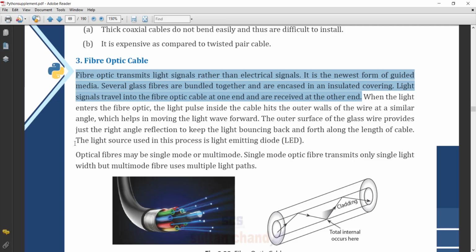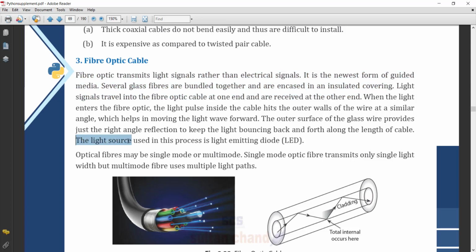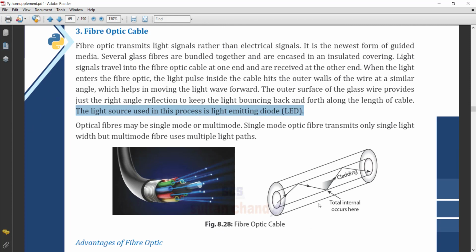Clear? Now you will note from here, the light source used in the process is light emitting diodes, means LED. So that light source is called LED, means light emitting diode, and the signals travel like in